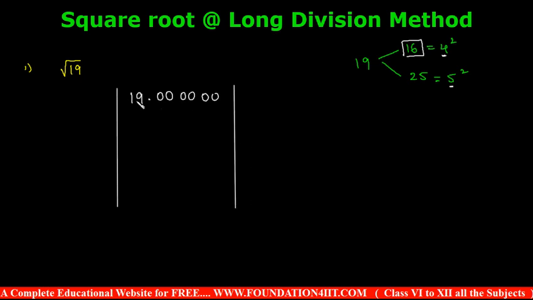Now 19 is near to the previous perfect square, 16. So that is 4 into 4 is 16. We should write 4 into 4 equals 16. Don't take 4 into 5 or some other digit. The same number should be in the divisor and quotient. If we take 5 into 5, it's more than 19, so we should not take it. Only less than 19. The only perfect square is 16. So 4 into 4 is 16. Okay, then we can subtract.